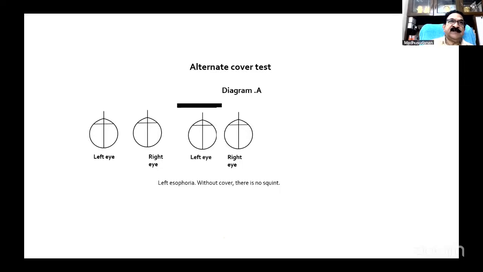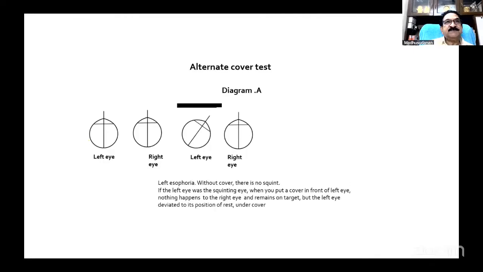It's not ignoring that eye. That eye is not given a task to look at the object. So it goes into its lazy position, the isophoric position. Only when the patient has to view with both eyes does that eye have to become parallel. When it need not look at that thing, that eye goes into a lazy position, isophoric, so you can't see it because it's under cover. So you find that there's no movement of the uncovered eye.